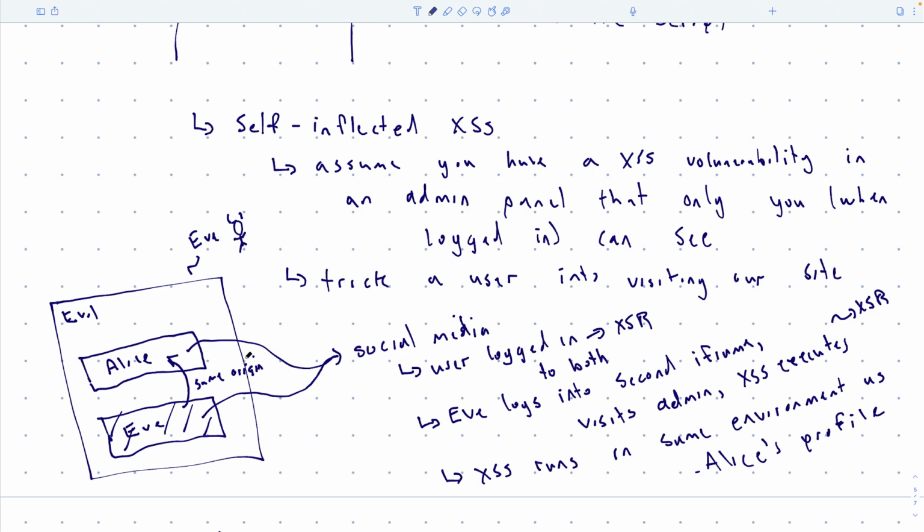Now, the variation that I'm going to do is I'm going to do this twice. I'm going to load the first iframe and let it load, so your user profile is now sitting in that iframe. Then, assuming I can do an action like log out or log in through the URL, I'll create a second iframe and send a log out request through that second iframe. It will go to the social media site, log out, and then the attacker will log themselves into that second iframe.